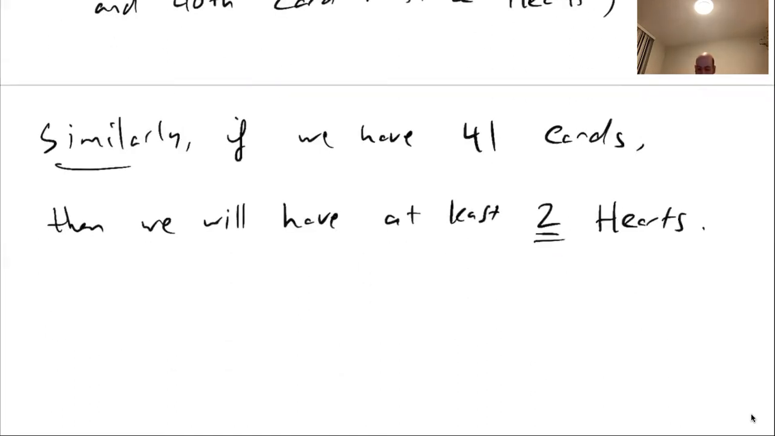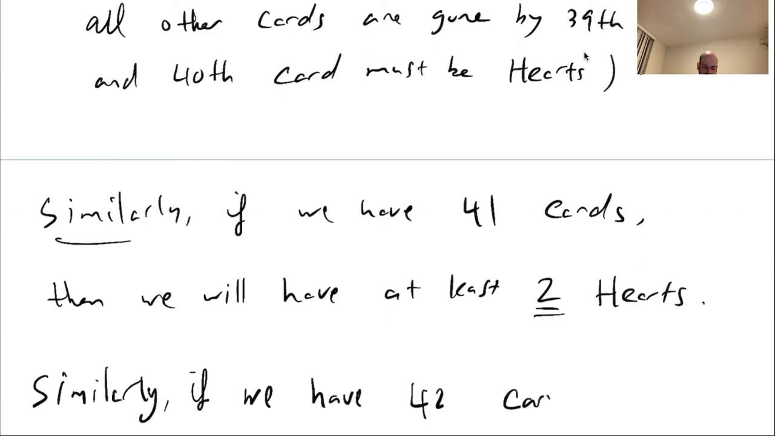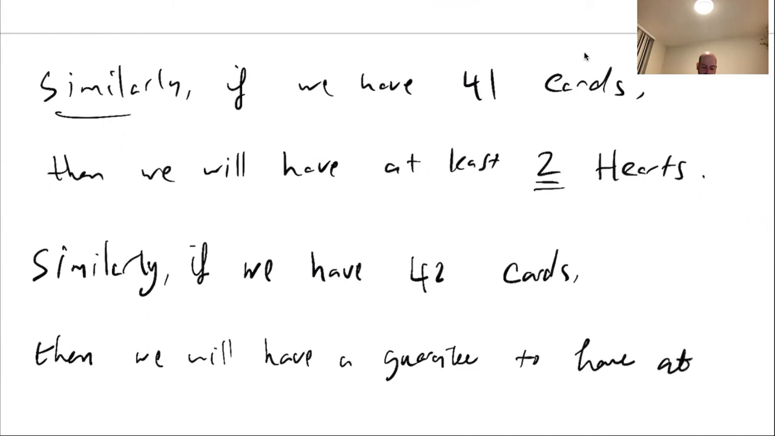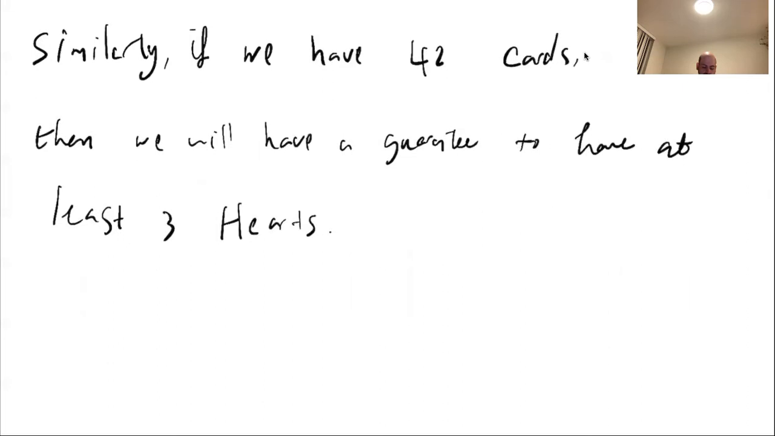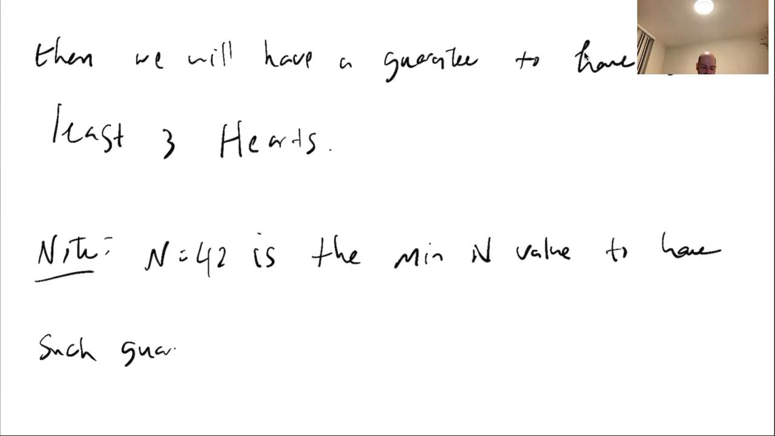And again, similarly, if we have 42 cards, then we will have a guarantee to have at least 3 hearts. Note that n equals 42 is the minimum n value to have such a guarantee,